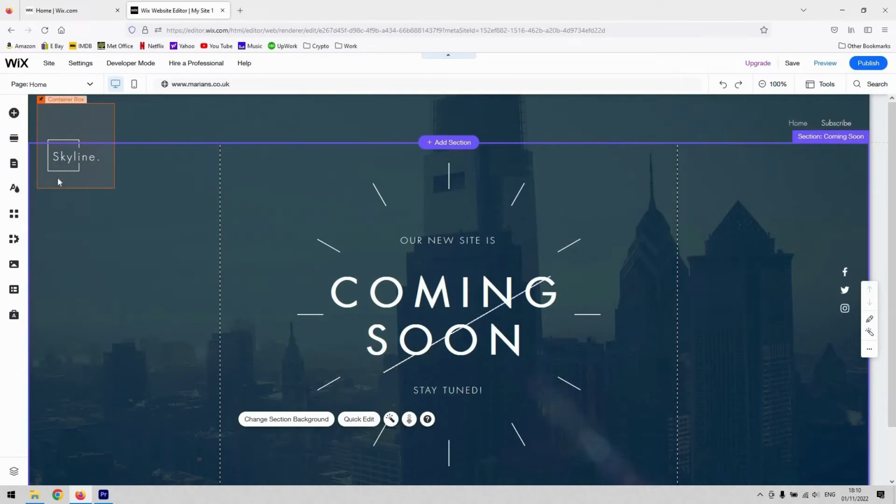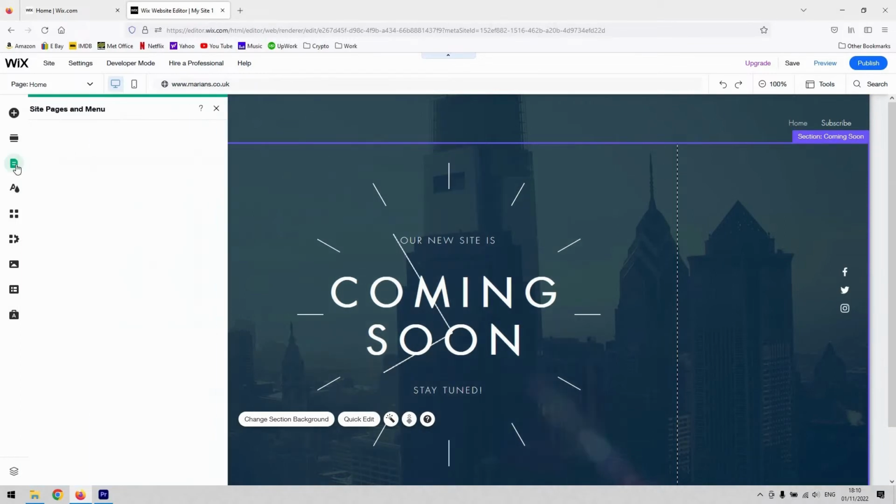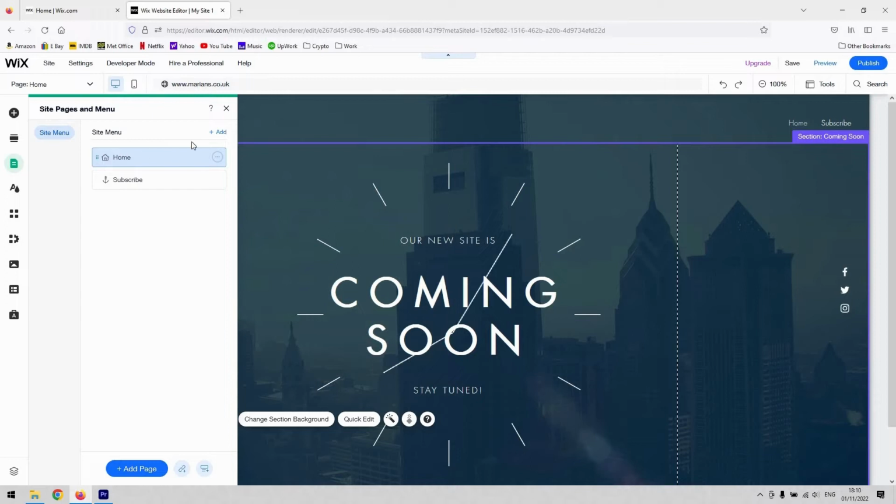So normally on a website of this nature, I'm just using a simple template to demonstrate this for you today, you would add a policy as a page. So just add a new page as you normally would to your website by clicking on the pages button on the left hand side here. If you click the add page button here,